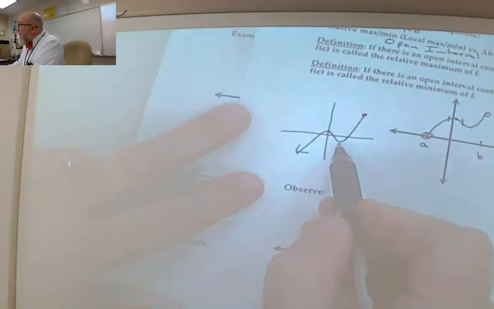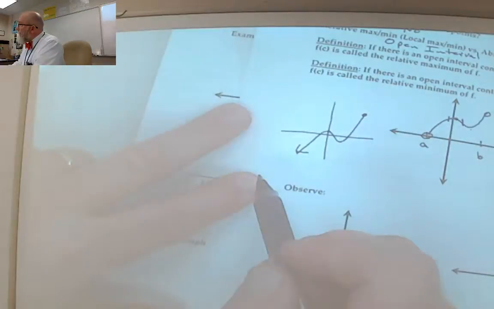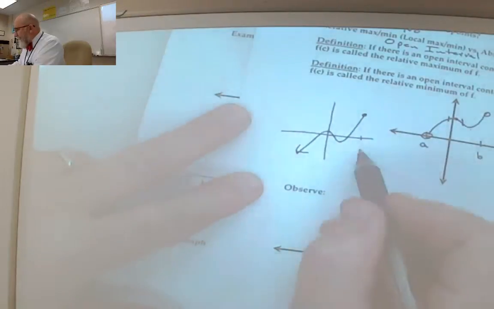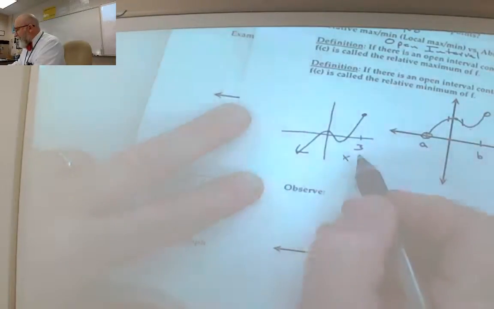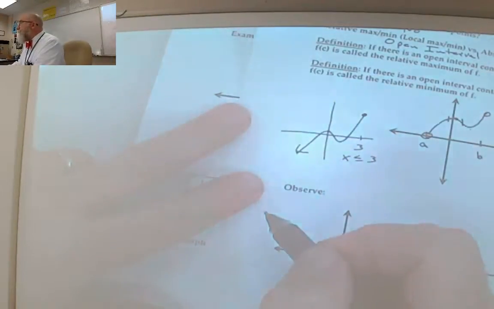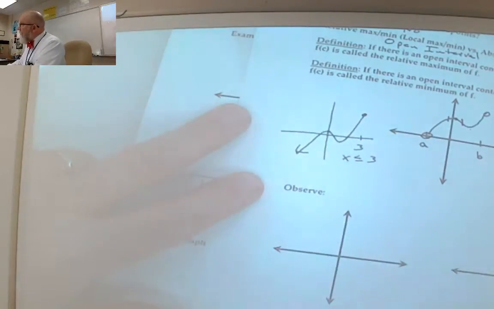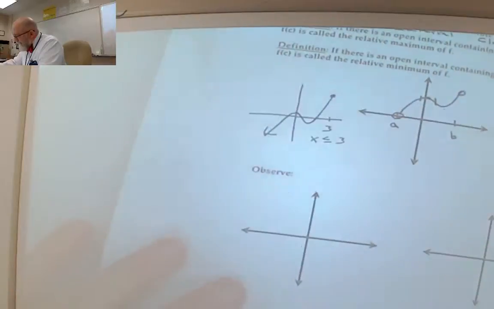Relative min, relative max, absolute max. Because I've made my domain, let's randomly pick a number, I'll pick 3, okay? So my domain is x is less than or equal to 3, right? Does that answer your question? Okay. All right, so